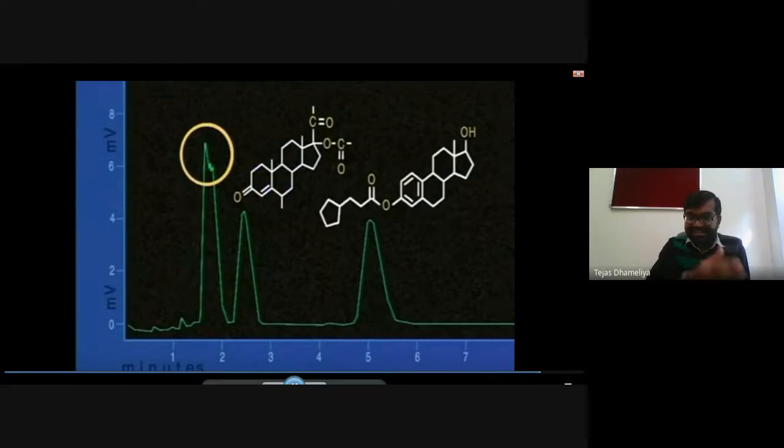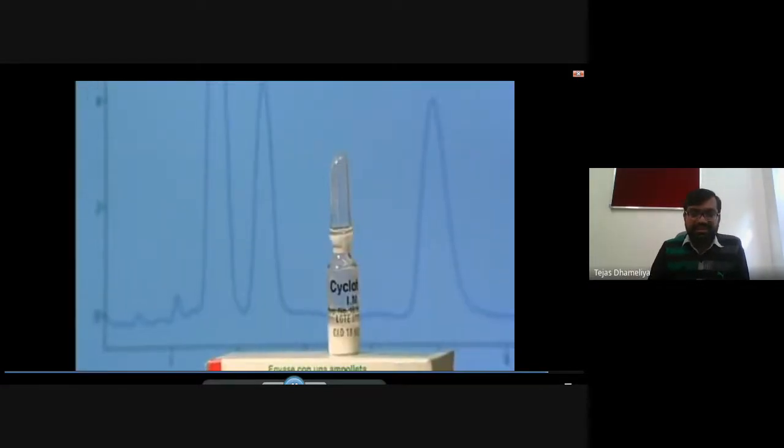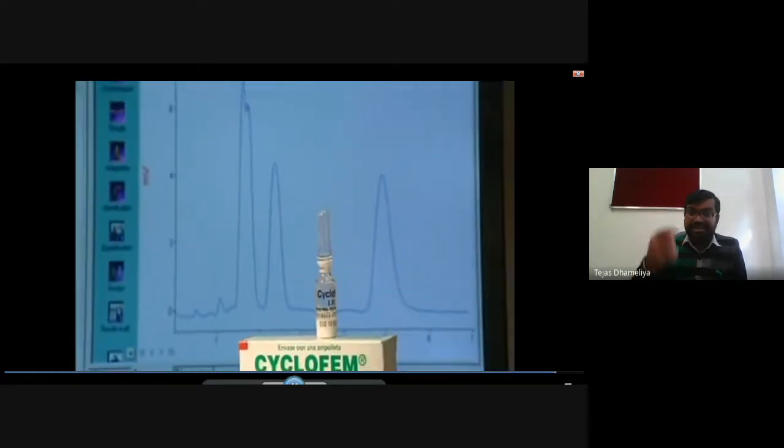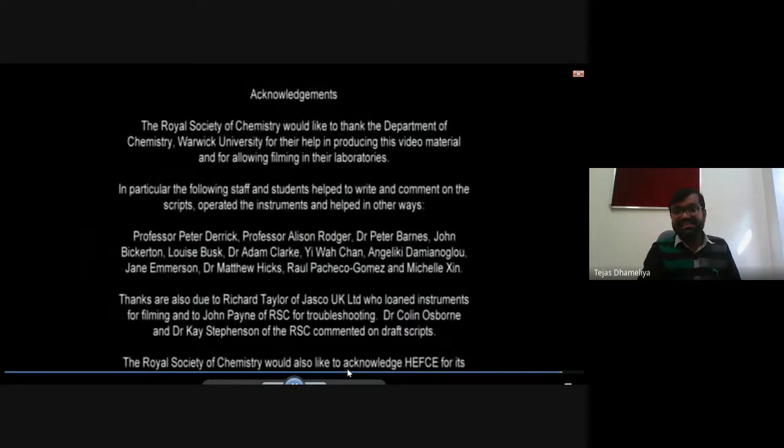And you can see that there are three major peaks that have been obtained in this sample. This is the kind of diagram we may get here. We can identify how many constituents are present in our sample. That we can easily identify with the help of this technique, what is called HPLC.